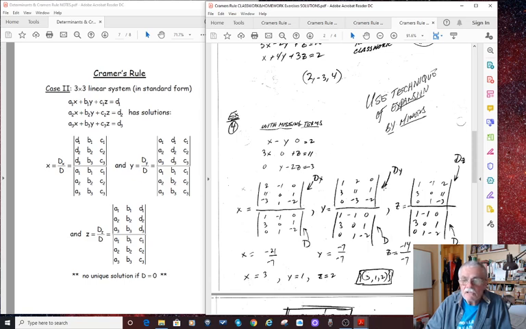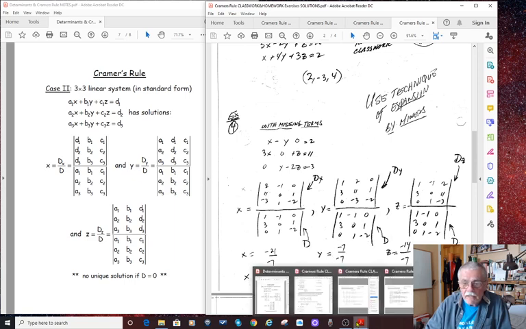And to get D sub y, we're solving for y, replace the coefficients here, which are negative 1, 0, 1, with 2, 11, negative 3, so forth and so on. Okay? So I'm not going to go through the actual solving because it can be a little bit messy. And what I would like to do at this point is look at